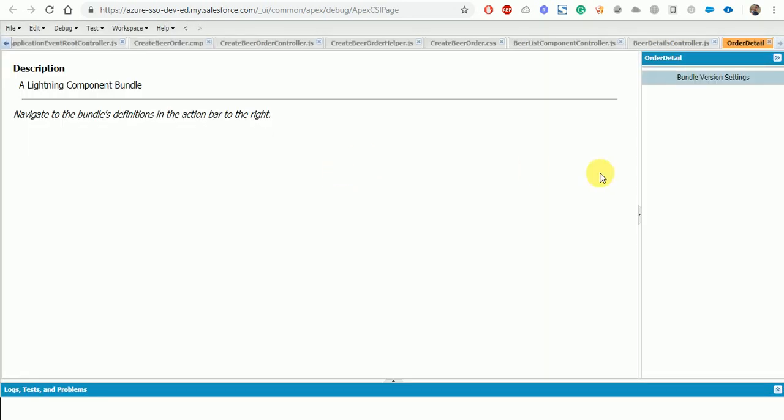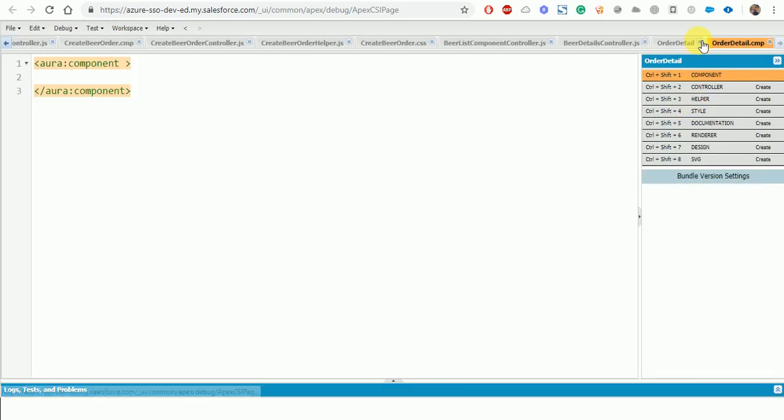As we are going to redirect to this component from the create beer order controller, we must implement the interface that is lightning:isUrlAddressable,